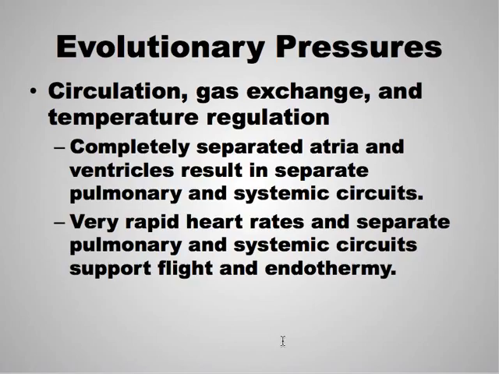Circulation, gas exchange, and temperature regulation. They have completely separated atria and ventricles, so it's very important that birds have completely separated respiration and circulatory systems. Again, that really high metabolic rate demands separate systems. They also have very rapid heart rates, and those are, again, to support flight and endothermy. I hadn't mentioned it to this point, but birds are the first group that we've dealt with which is actually endothermic. So they are supporting a constant body temperature